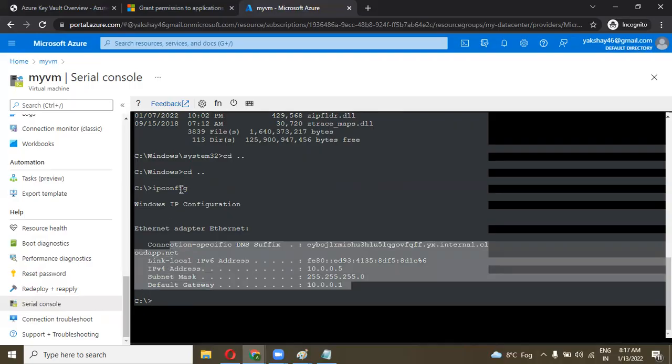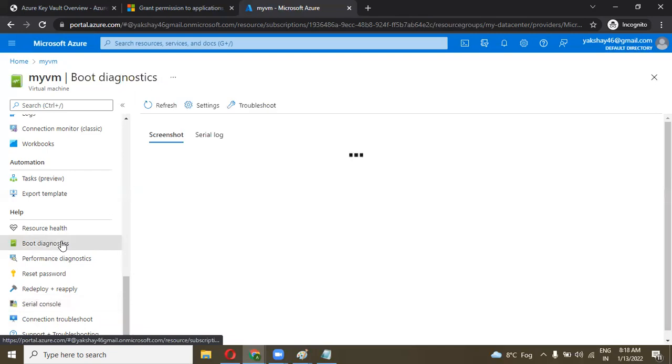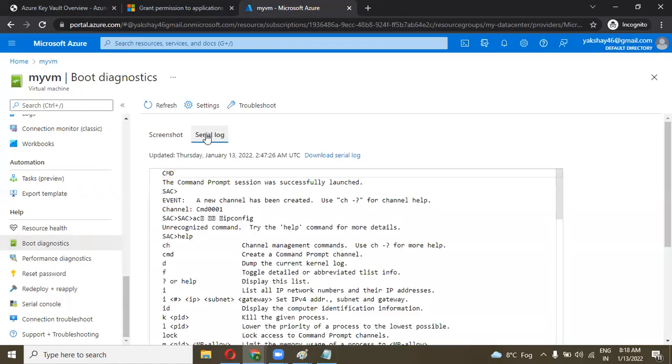The same logs are stored in the storage account. You can see your boot logs or the serial console logs in the boot diagnostic. If you go to the boot diagnostic, you can also take a screenshot of the running machine. Go to the serial log.